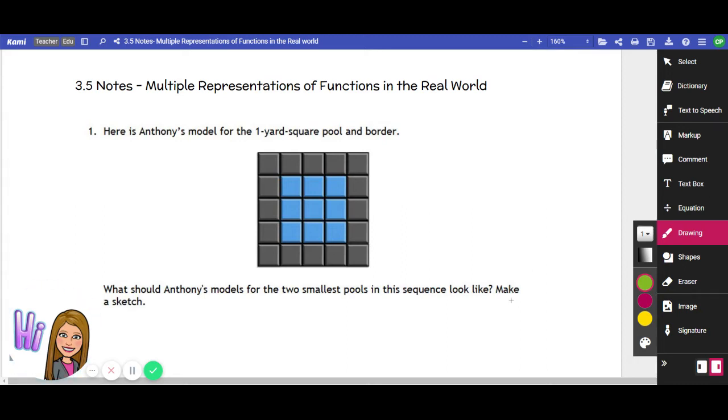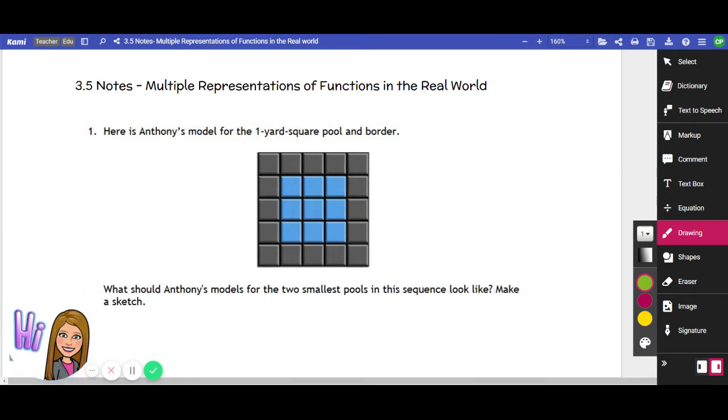Okay, here we go with, I guess, the first question on our notes, because I already did a video, but that's because I was just introducing it. So we got to the point where we were looking down onto Anthony's model of the pool and the border, and it kind of looked like this. It doesn't have all the details that the other one did on the video, but